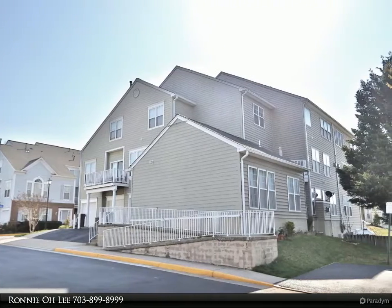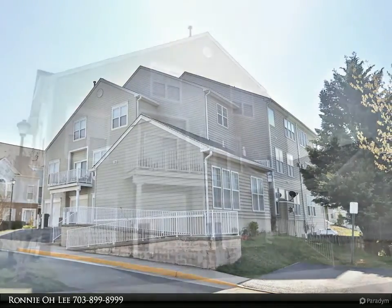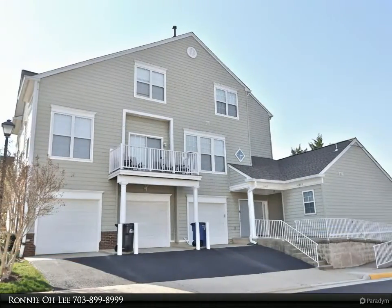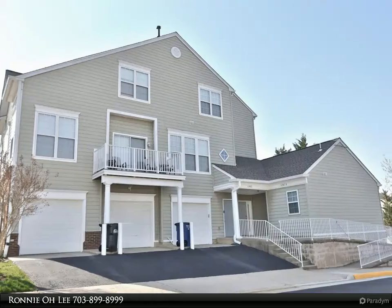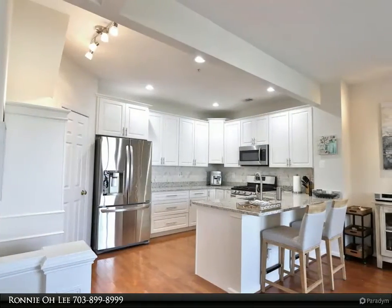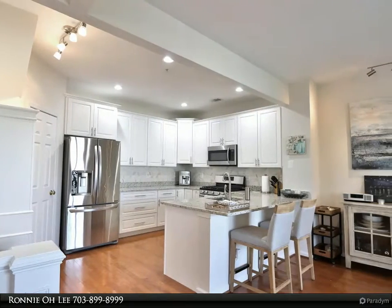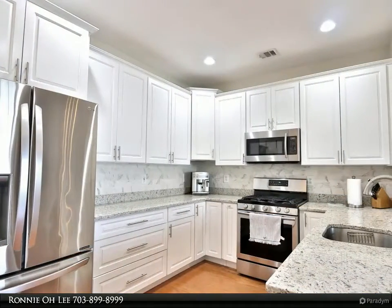Welcome to a beautifully appointed and well cared for townhouse-style condo inside the Beltway in Alexandria's sought-after Overlook community. The open, inviting floor plan has limitless possibilities. Lots of windows. The kitchen features white quartz countertops, stainless steel appliances, recessed lights, a pantry, and a raised bar top with